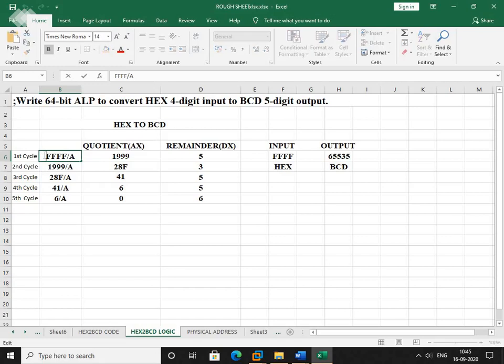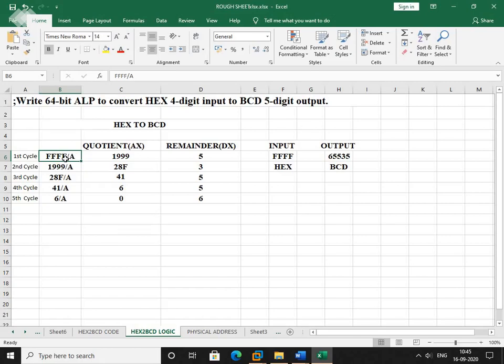So whenever you are taking a input 4 times F, this should be compulsory present in the accumulator. And the divisor should be present in the register BX or BL, BH, you can take anything, right?